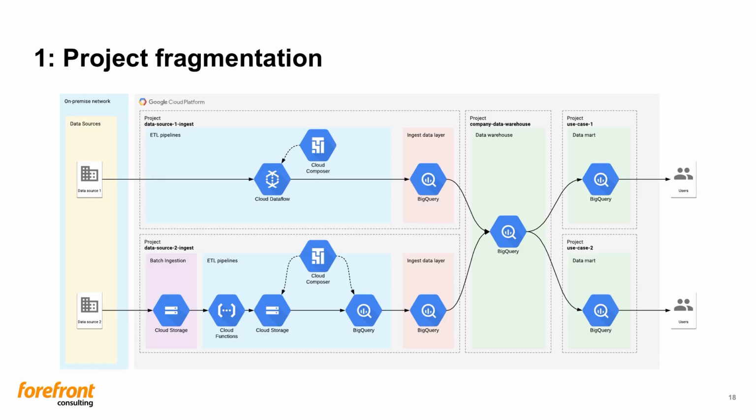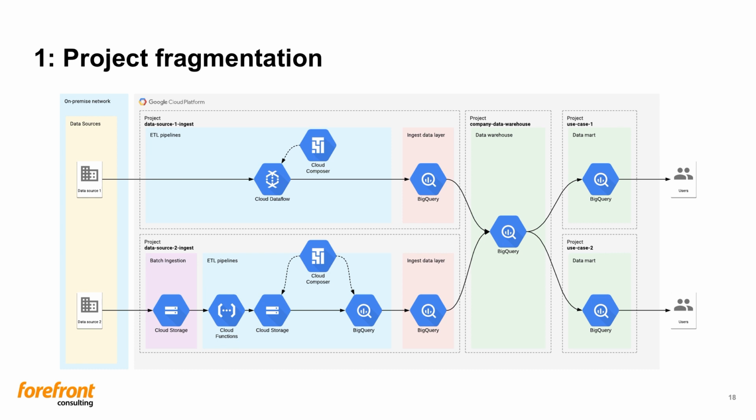In this example, an expert on data source 1 can work in a separate project without disturbing other parts of the system. Data source 2 may need entirely different components to ingest, so there isn't really any reason to hold them together in the same project. It can also help in maintaining a clear overall structure.